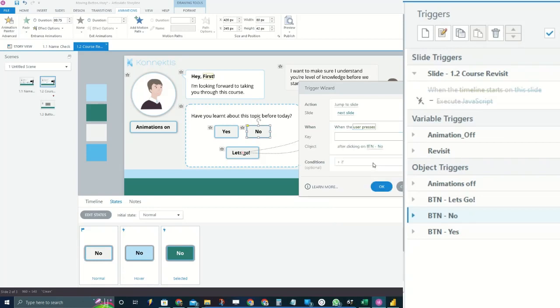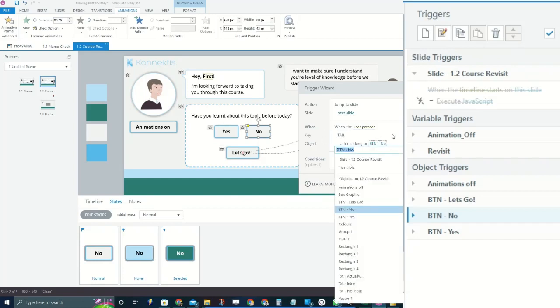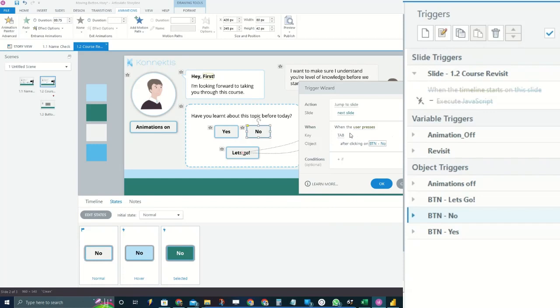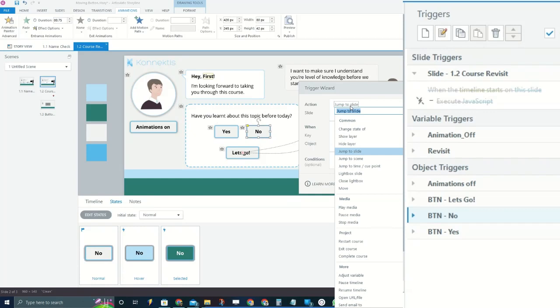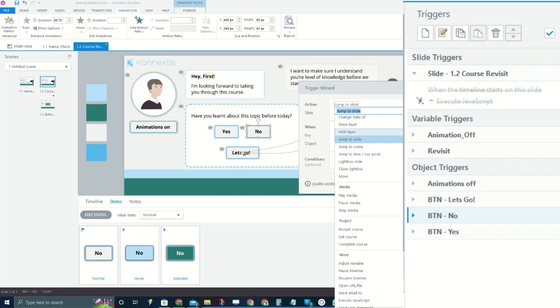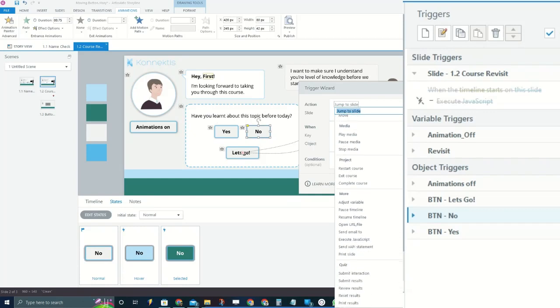So as the user presses tab after they've focused on no, so not based on the slide, not just when they press tab for the first time, it waits for them to get to no, and then we can do the same action,